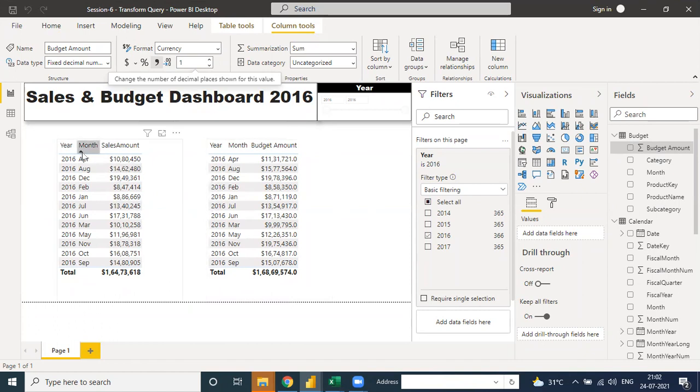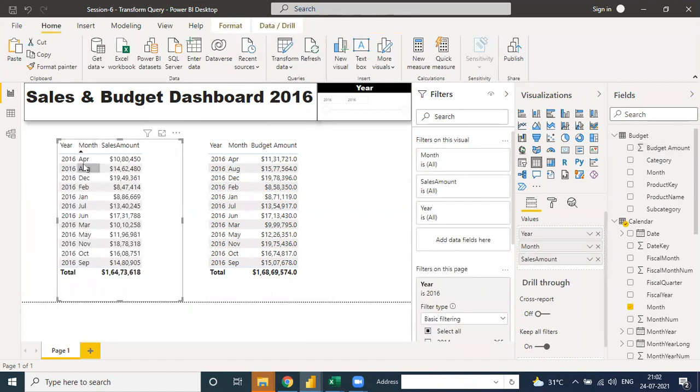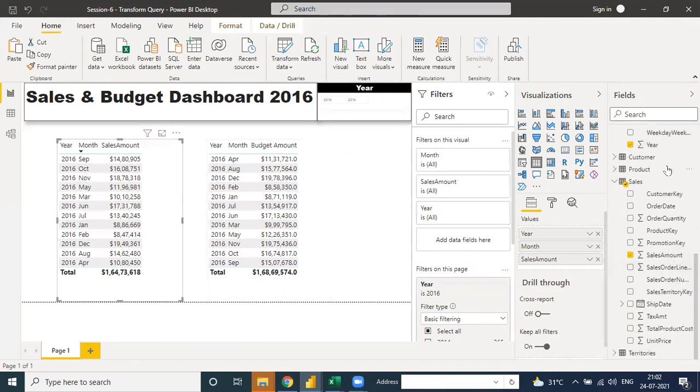Okay, so now I have one question. In the month, when you put the increasing order, see April, August, alphabetical order. How to do Jan to December? Because when you put the other one, it's doing decreasing, see September. Okay, it's alphabetical order. But now we need to remove that. We need to do something, Jan to December. Then how to do? Go to month.